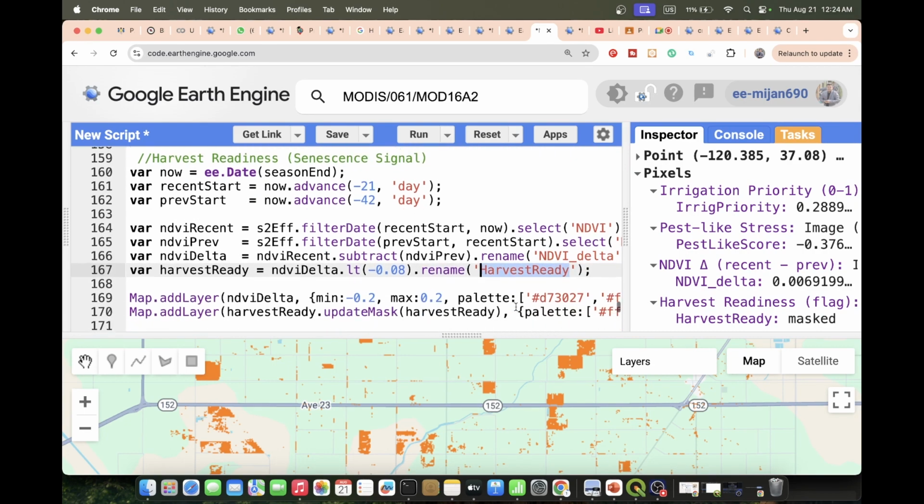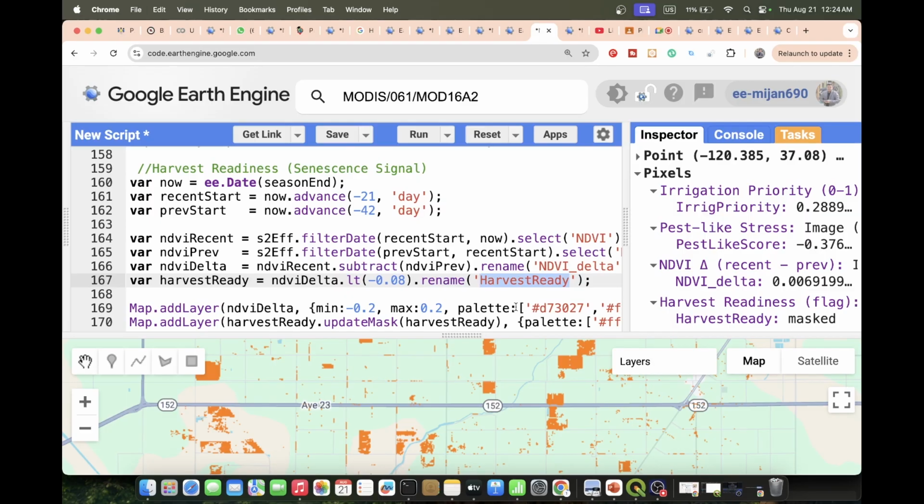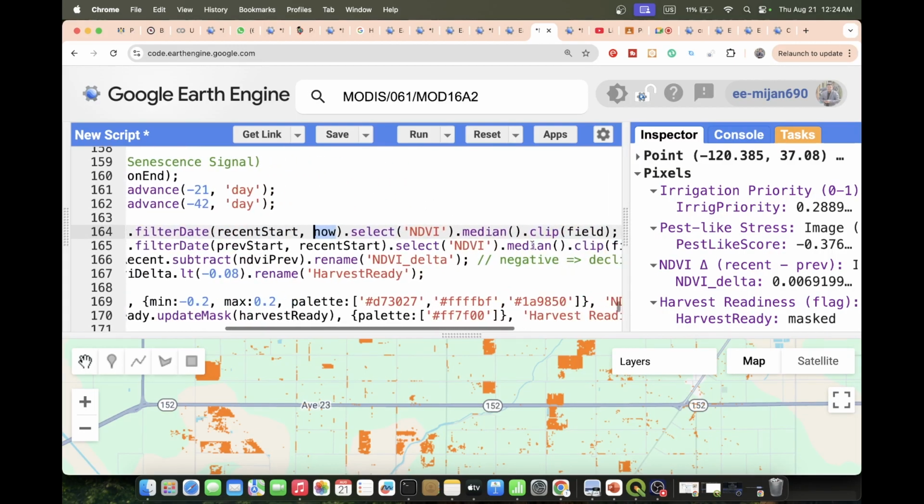So now what is the method? This method is that we need to set the recent start date. Suppose I take minus 21 days, and prevent start date, advance minus 42 days, and then we simply compute the NDVI for recent start and now. You can see, we select the NDVI, compute the median and clip with my study